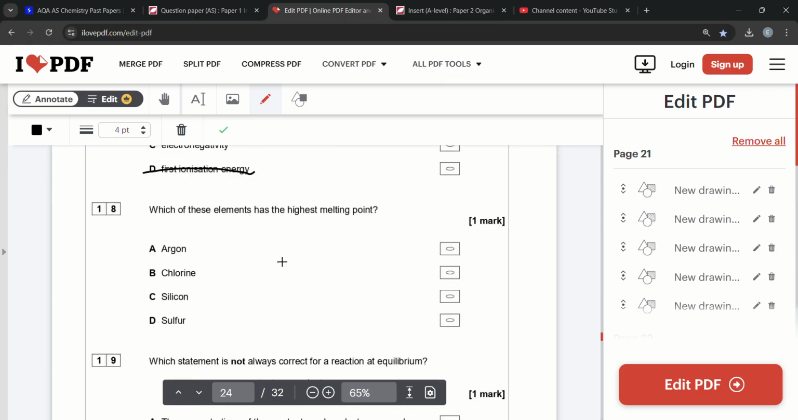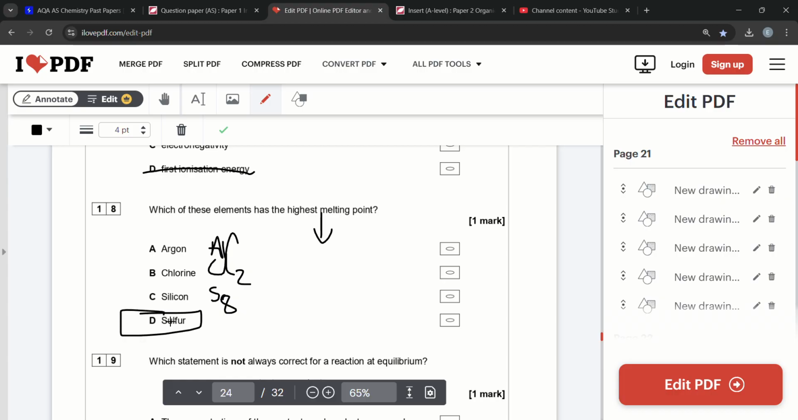Which of these elements has the highest melting point? Usually when I say this, I say look for hydrogen bonds. However, there's one structure that you should just know in this case. Well, argon, that's simple molecular. Chlorine, Cl2. Argon, Ar. Sulfur, S8. So you think the sulfur has the most electrons, so it can have the strongest intermolecular forces and the highest melting point, but